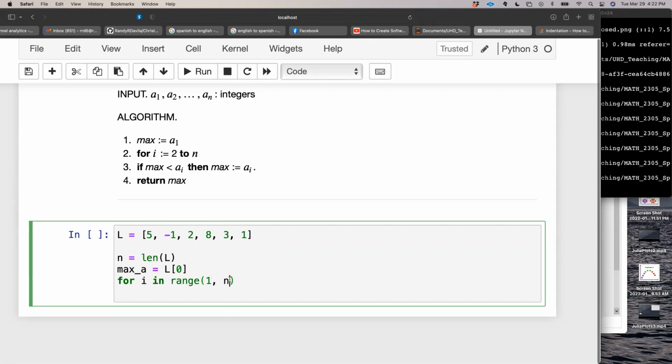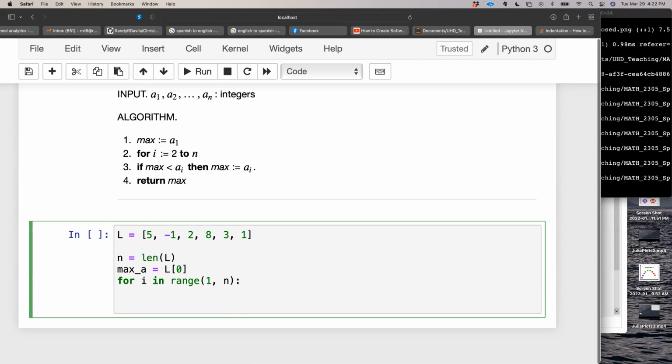And I don't have to do anything at the end because the range function is non-inclusive at the tail end. So the last element is non-inclusive. It actually is going to n minus 1, not n, which would match up. We have to shift 2 by 1 and then n by 1, but the range function doesn't actually go to n, it goes to n minus 1 in this case. Colon,